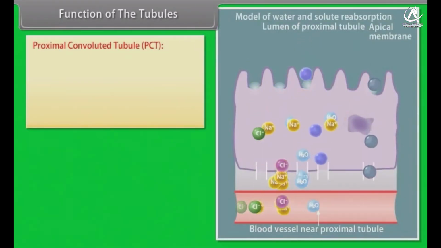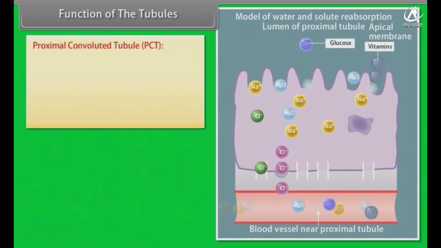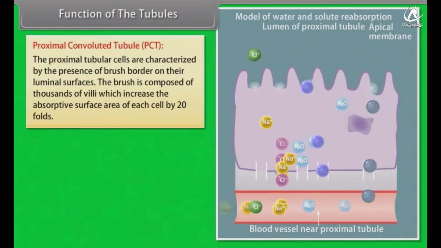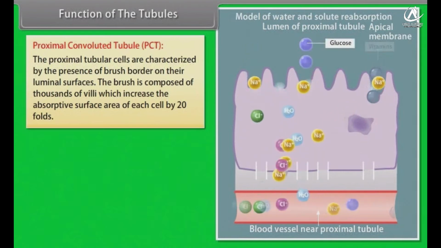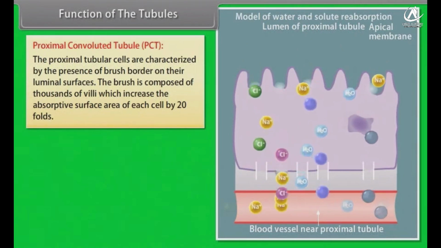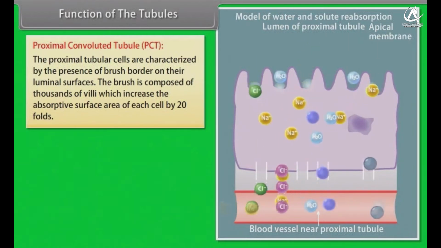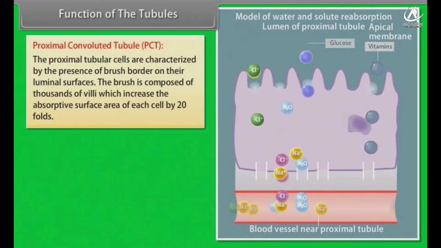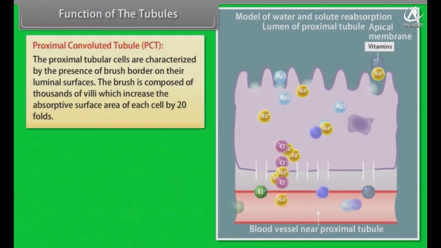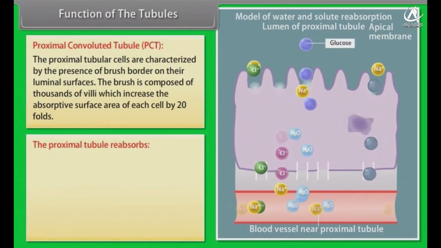Function of the tubules. Proximal convoluted tubule PCT. The proximal tubular cells are characterized by the presence of brush border on their luminal surfaces. The brush border is composed of thousands of villi, which increases the absorptive surface area of each cell by 20 folds. The proximal tubule reabsorbs